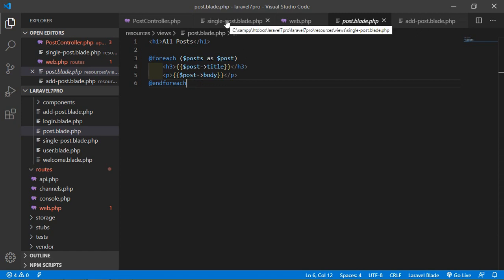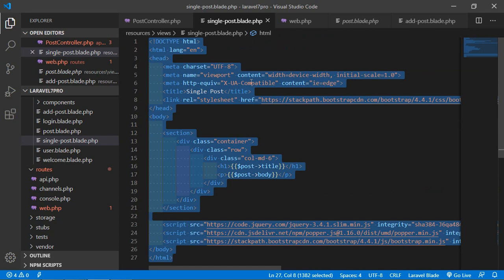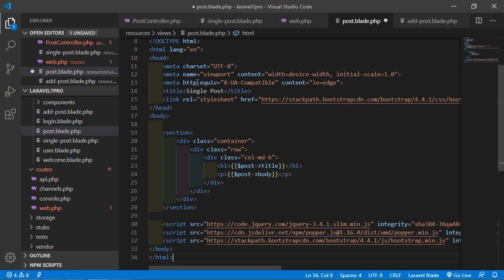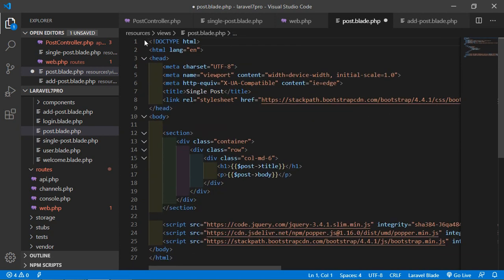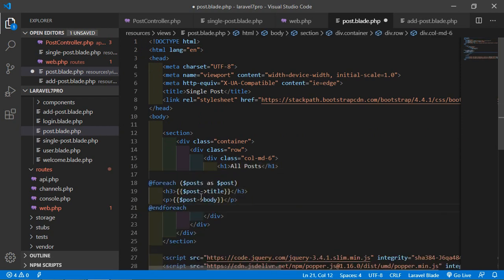I'm just going to copy all the text from here and paste inside the post.blade.php file. Okay, now cut from here and paste inside the column. Okay, all right,